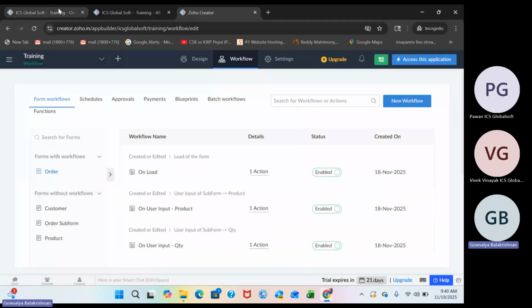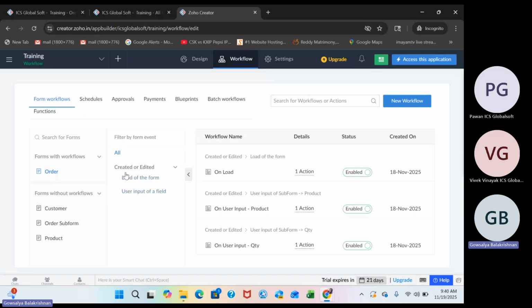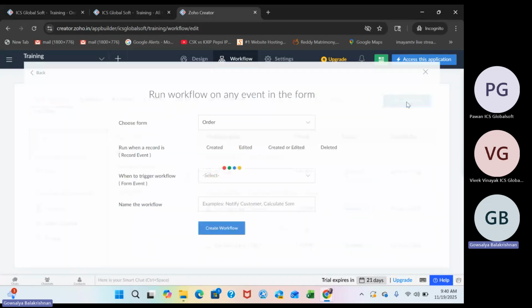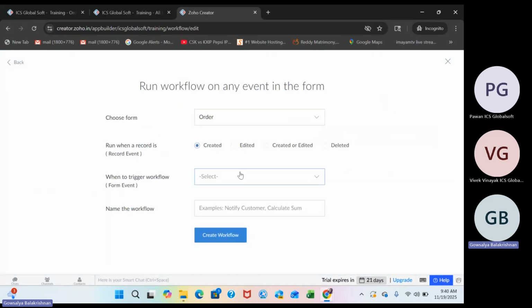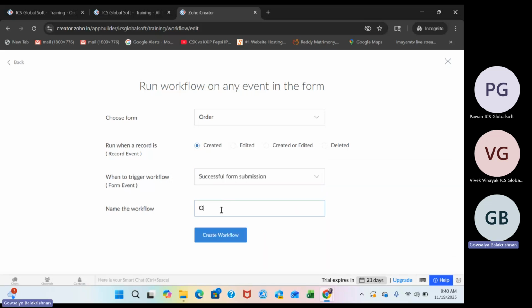Where you want to write this workflow is on success of the order form. If you see here, you can see what workflows you have written. We don't have anything in on success, so let me create a new workflow, successful form submission. In on success,